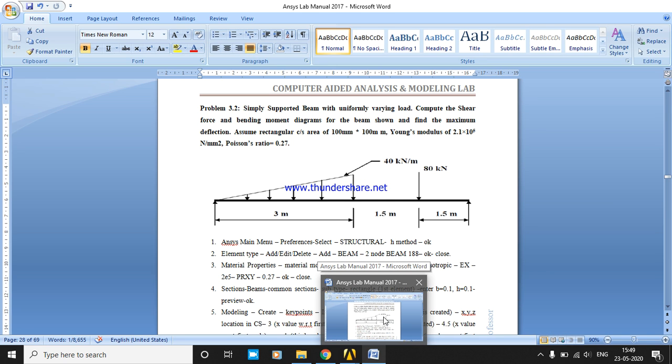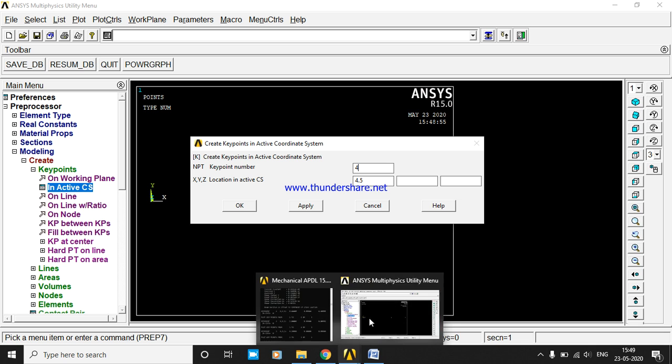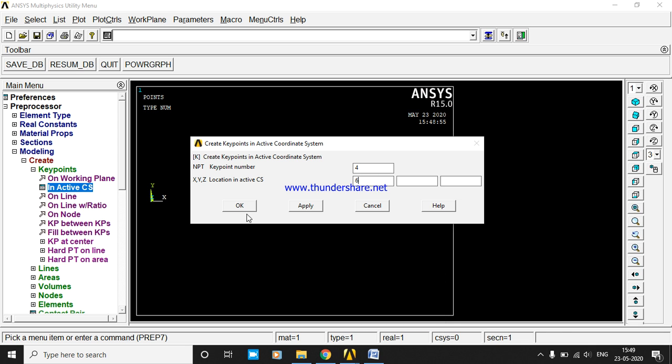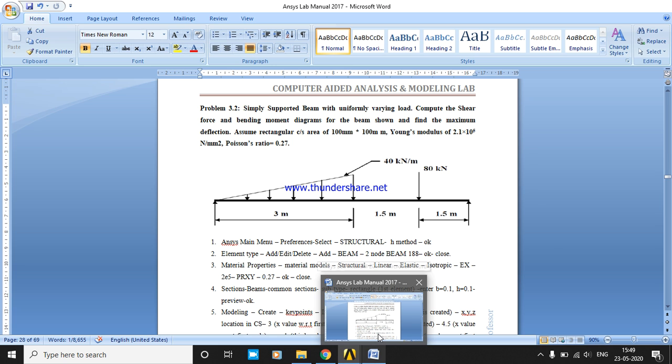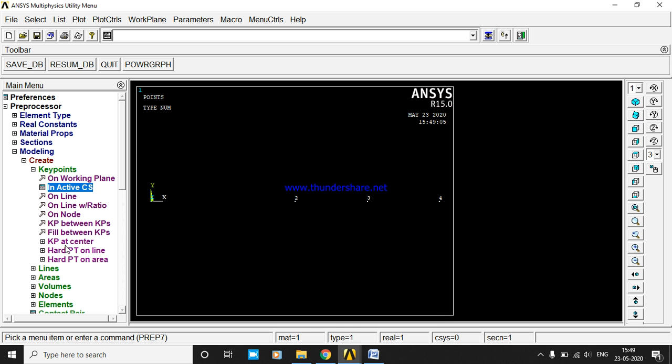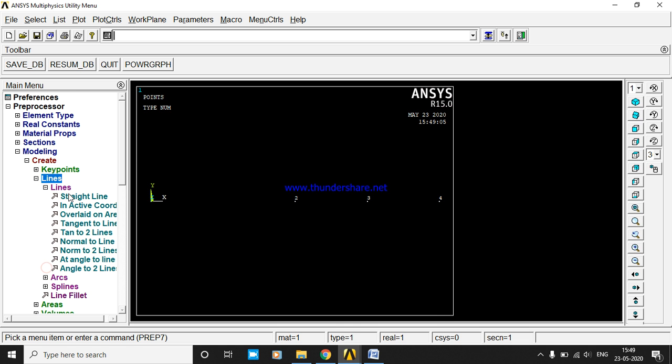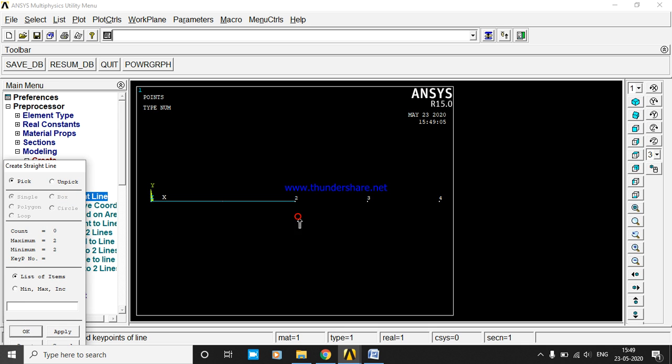Fourth node is at the total 6 meter span. Okay, so here I have the nodes. Now I am going to connect these using lines. Straight line, 1 to 2, 2 to 3, 3 to 4.